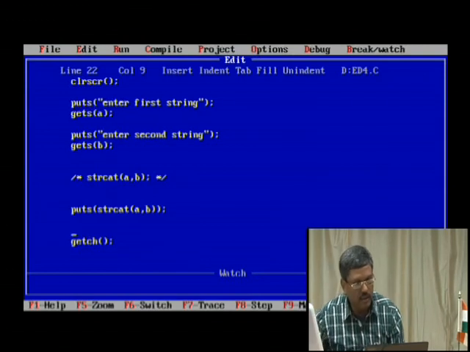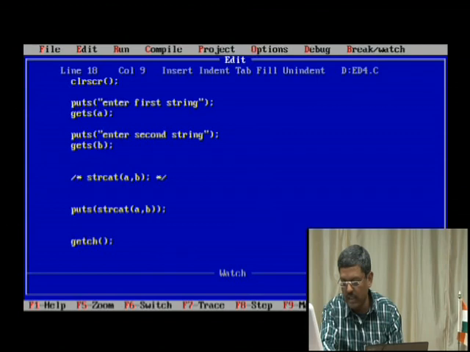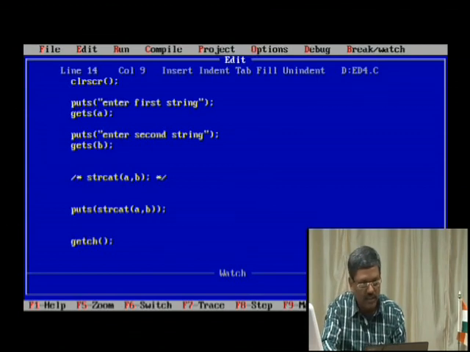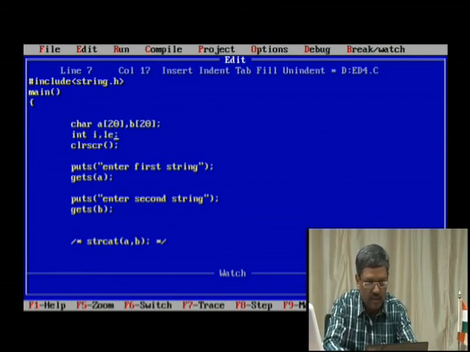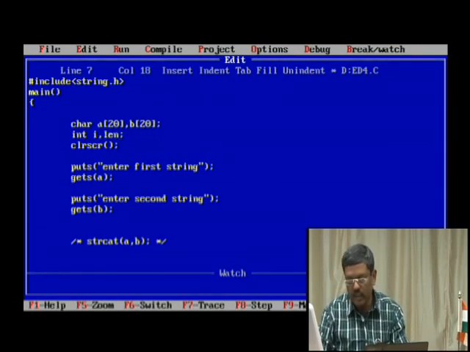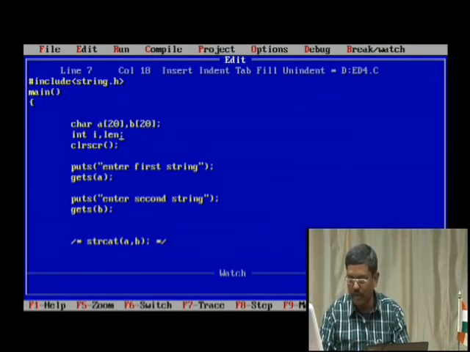So here both input first string and second string are all one and the same. Then once you have this, you need to have the length. I will say length. How to find out the string length?